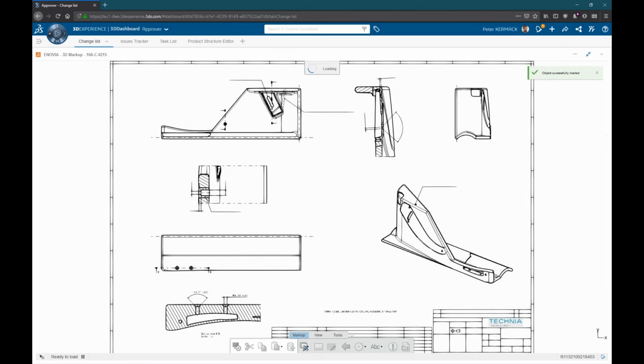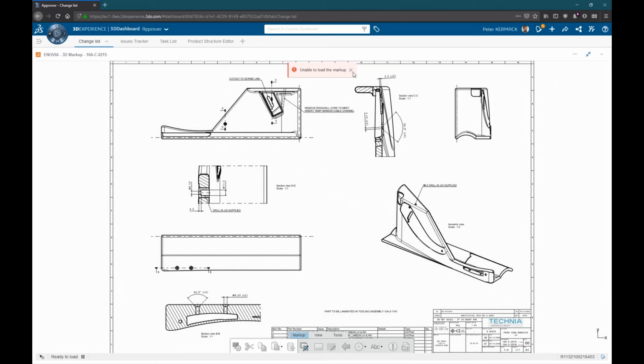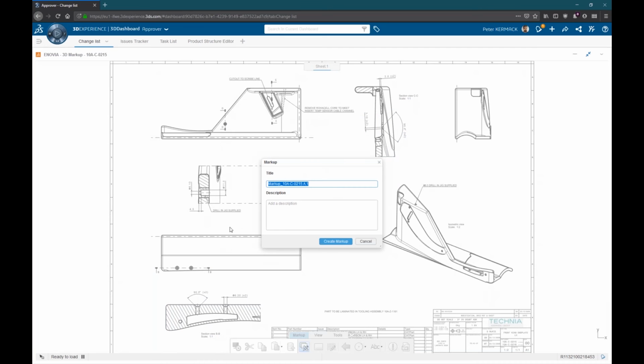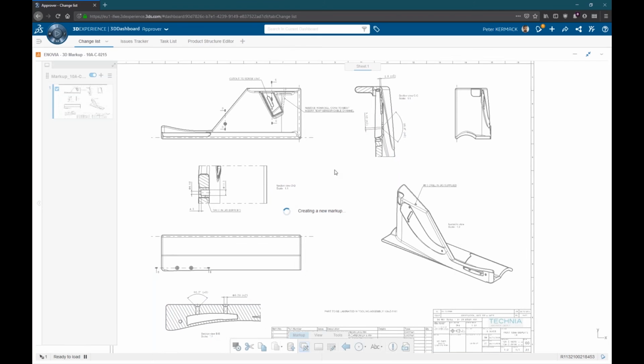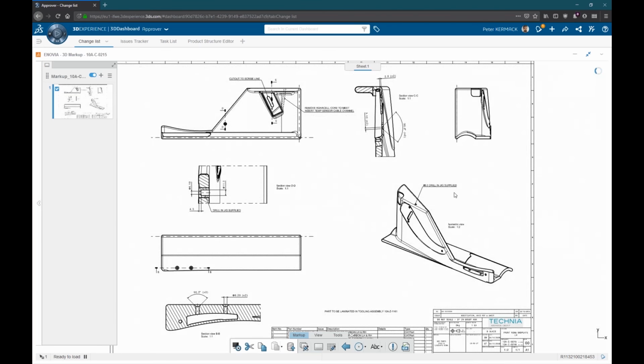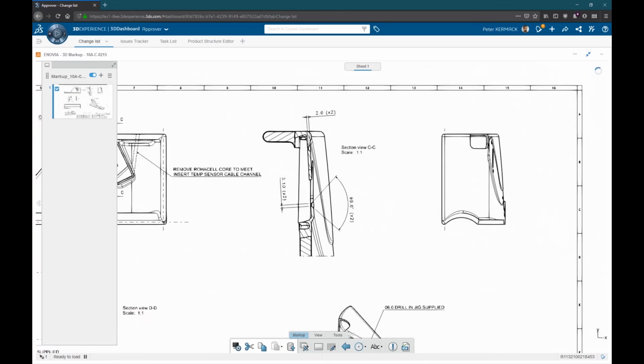So instead, they've got this thing called 3D markup. I'll call it 3D markup, even though I'm showing you 2D, and I'll show you why in a bit, where you can take a drawing or a 3D shape, say, I want a new markup, give it a new markup. Wait for this to finish making. And I'm going to be able to just do markups in a way that other people can then view on their own afterwards. So I can go to this drawing and I have a number of tools here to say,